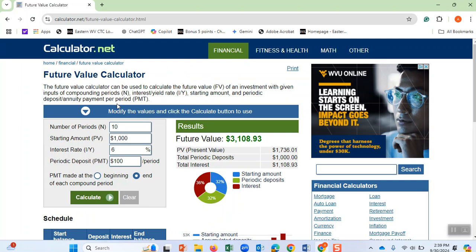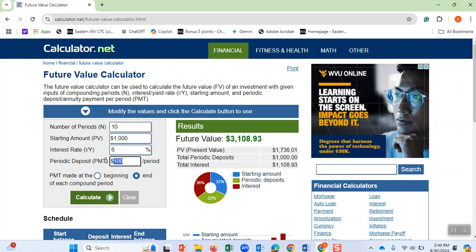The meaning of this is that I have $1,000 in my, suppose, savings account, and the savings account is giving me 6%. Imagine it's a bank, and I have put $1,000, and it is giving me 6% annually. I means interest, Y means annually. PV means present value. At the present value, at the time I am putting $1,000, and then periodic payments, periodic